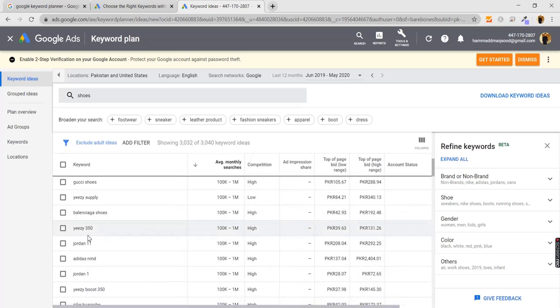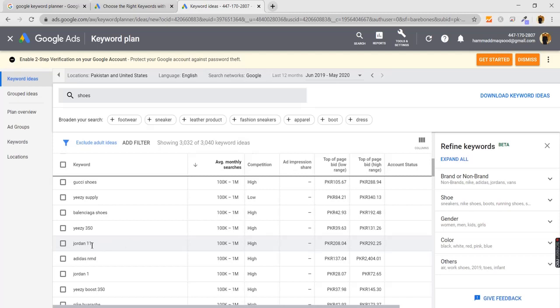So you can explore all these keywords, like if I find this Adidas NMD keyword appropriate for my product description or my content, what I can do is I can simply extract this keyword. So in order to get all the keyword ideas and explore all the keywords, what I can do is I can simply download these keywords into a CSV format, into an Excel sheet, and there we can find the right keywords.